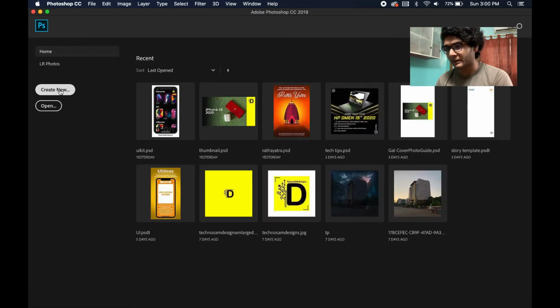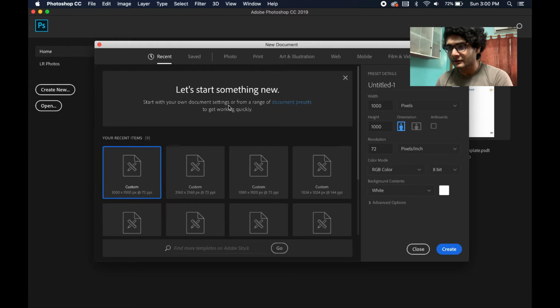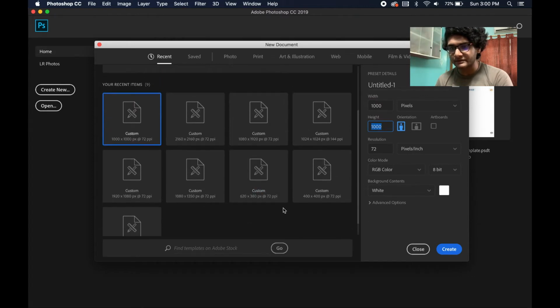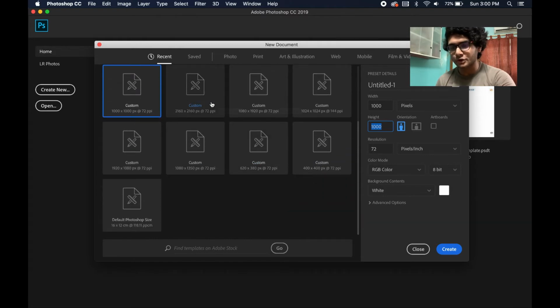Here you have to choose the width and height of the canvas that you want to create. I have made some canvases here because I like to work in these formats. Generally for social media banners, I use this format, 1000 by 1000 at 72 ppi, or if it is something more high-res, then I prefer 2160 by 2160 at 72 ppi. That completely depends on you, but I recommend you not to go below 1000, because that's the sweet spot that Instagram supports right now.